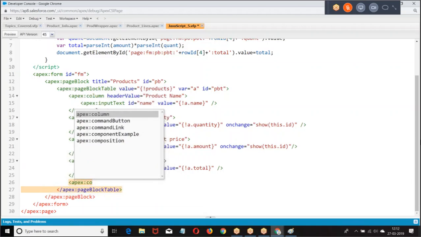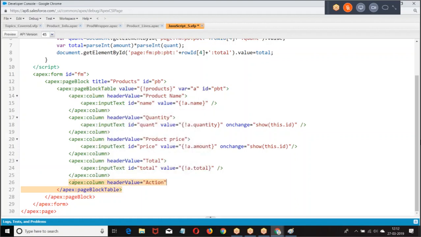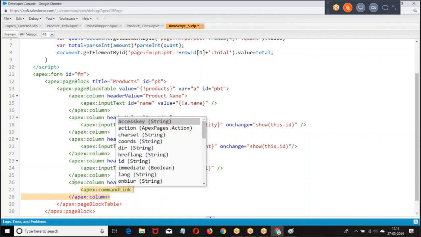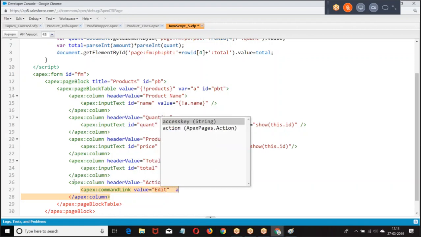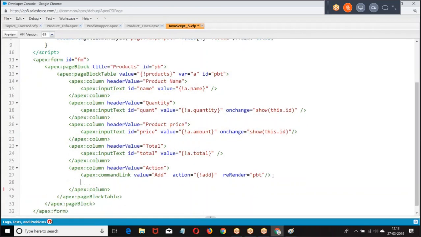Apex column, commanding, then again I want to give NBSP.